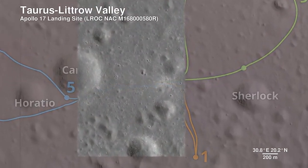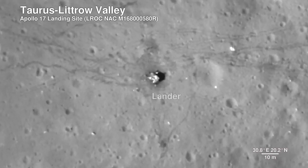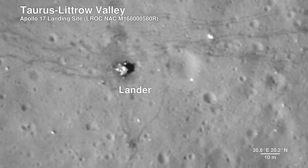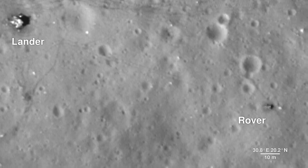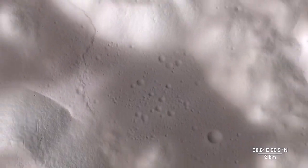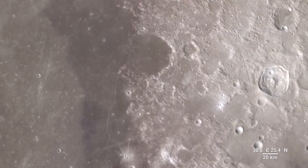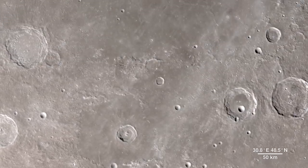The Lunar Reconnaissance Orbiter camera is even able to capture a view of the bottom half of the Apollo 17 lunar lander, which still sits on the surface, as well as the rover vehicle. These images help preserve our accomplishment of human exploration on the Moon's surface. Moving onward, we make our way to our final destination. This location contains regions that exist in permanent shadow,